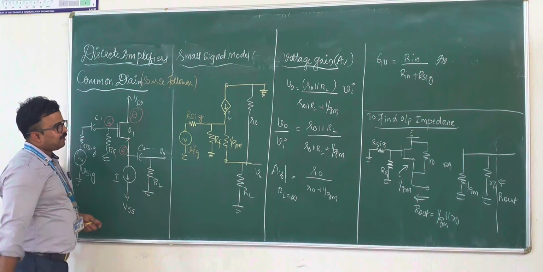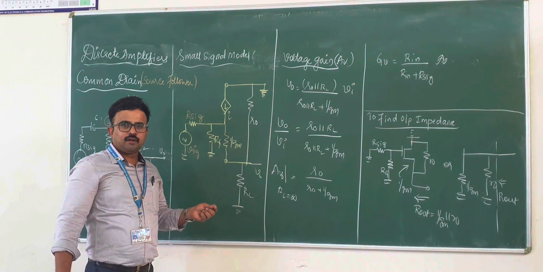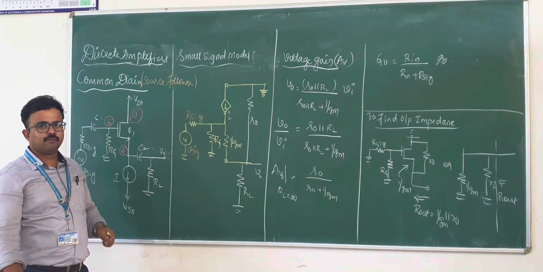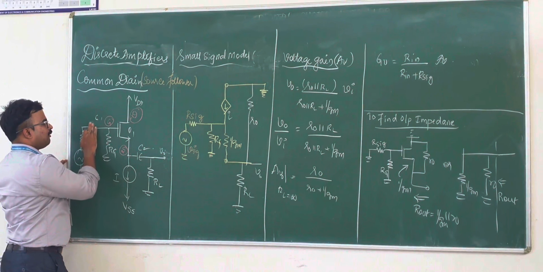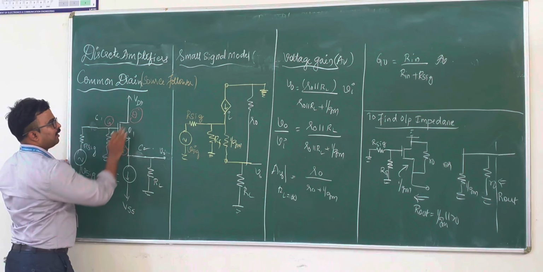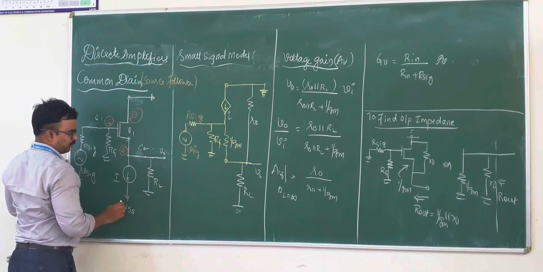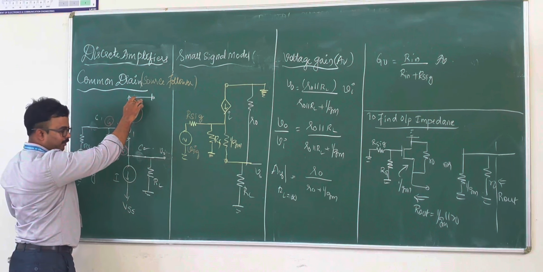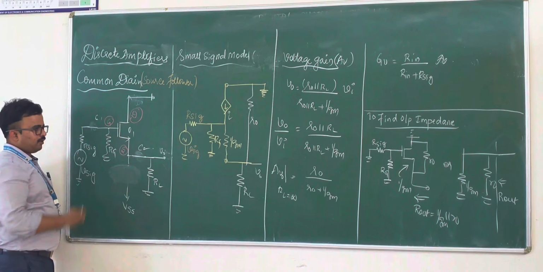Now in the last session we have discussed the AC equivalent model or the small signal model, how to convert this circuit to small signal model. Quickly I will review. Whenever you are writing the AC equivalent model, make sure that the capacitors C1 and C2 are shorted, and power supply, any voltage source other than the AC, should be made 0. So therefore VDD will be 0. Current source, if there are any, should be made open circuit.